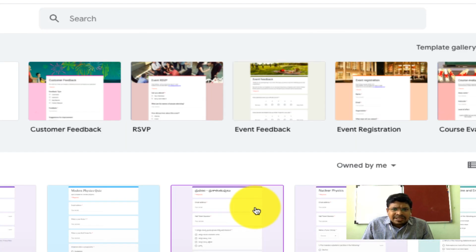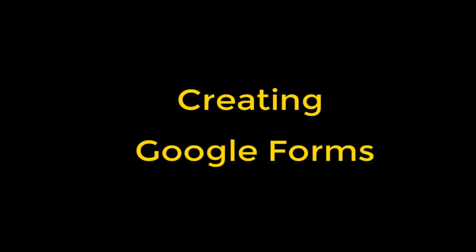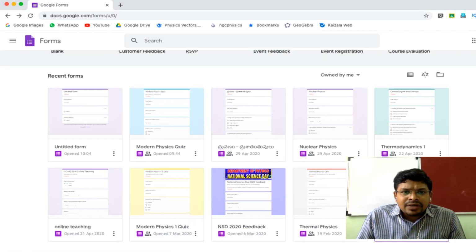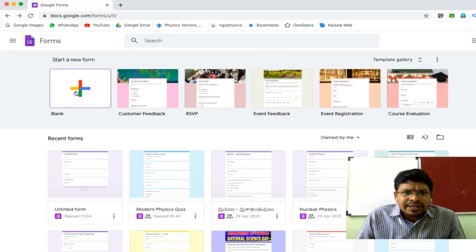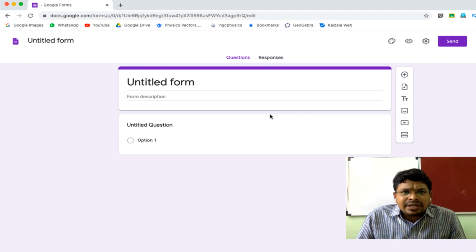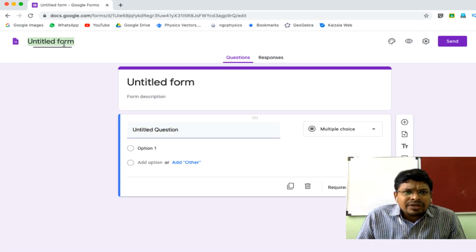Now let's look into how to create this Google Form. For creating Google Forms, you have to click this blank symbol, blank form. After clicking on that, you will get a Google Form like this. You have to give the title. Suppose I want to give a topic like nuclear physics.